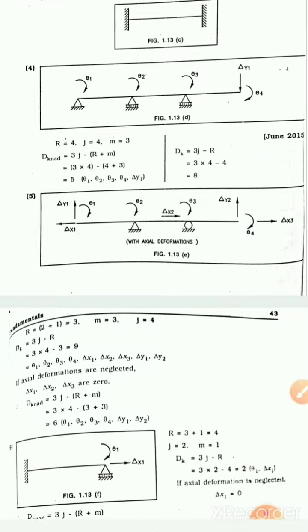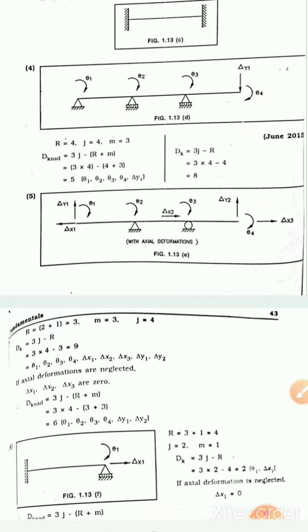Same, fourth example, ठीक है. A continuous beam is given. Number of supports are there. First is a hinge, second is a roller, and last is a roller support. So first hinge support there are 2 reactions, horizontal and vertical, roller support only vertical reaction, and third roller support is also vertical reaction. So r equal to 2 plus 1 plus 1, so it is 4. joint कितने हैं 1 2 3 and 4. So 4 joints are there. member कितने हैं 1 2 3.